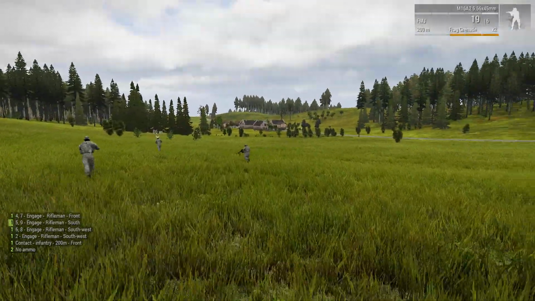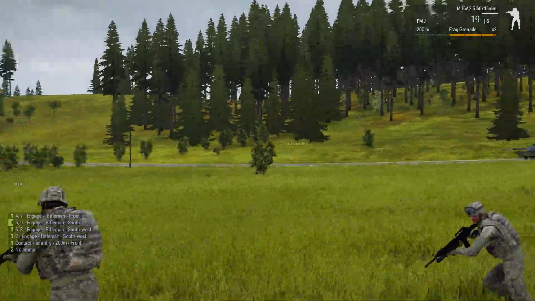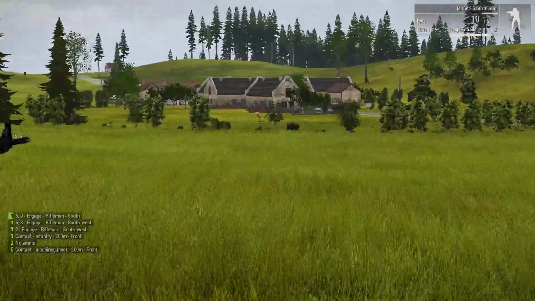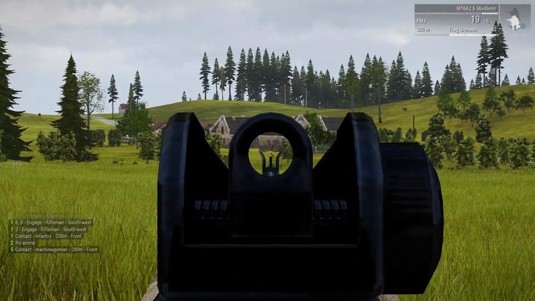Okay, we're making our approach. How's Bravo doing? Bravo's actually further up than we are. Machine gun, 200 meters, front. Oh. Ooh, sorry, he's dead, but...